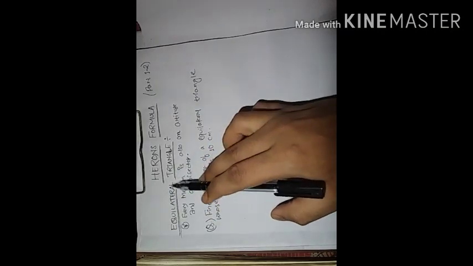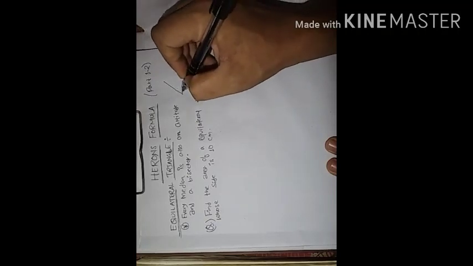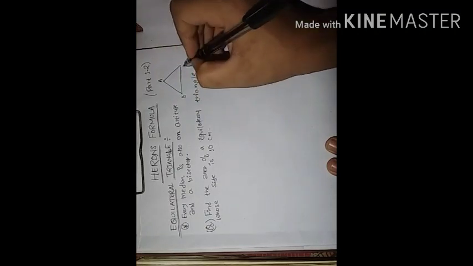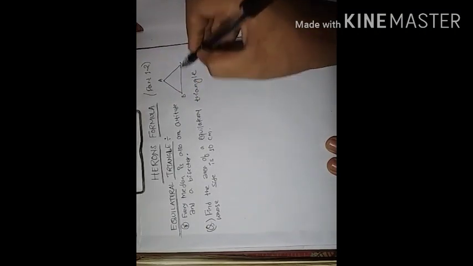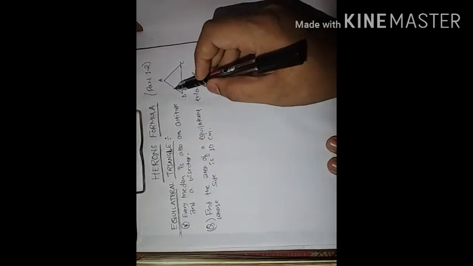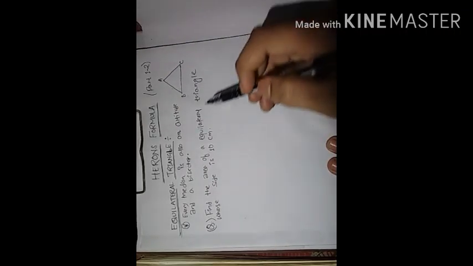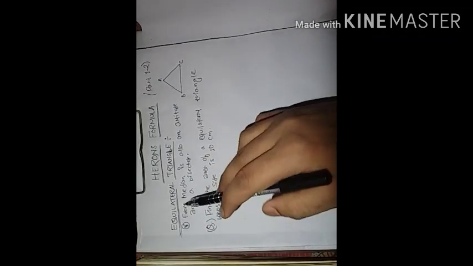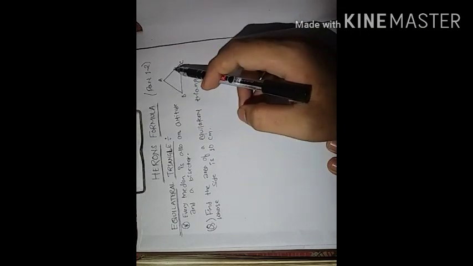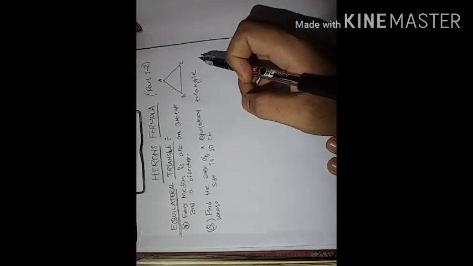Now from the previous video we know that in an equilateral triangle all sides are equal. That means if ABC are the vertices and AB, BC and AC are the sides, then in an equilateral triangle all these sides are equal. If this is 6 centimeter, this is 6, this is 6. If this is 8, this will be 8, this will be 8. Here it is written that every median is also an altitude. Now to find the area of a triangle, what was the formula? The formula was half into base into height.